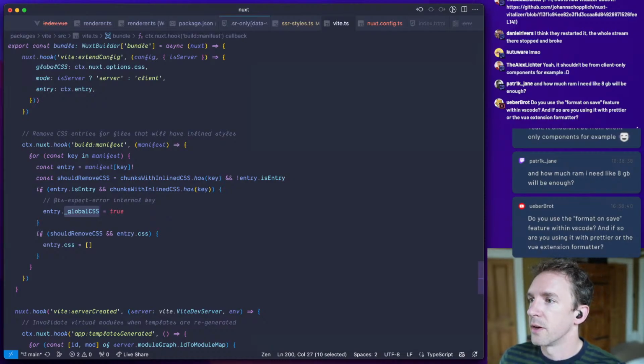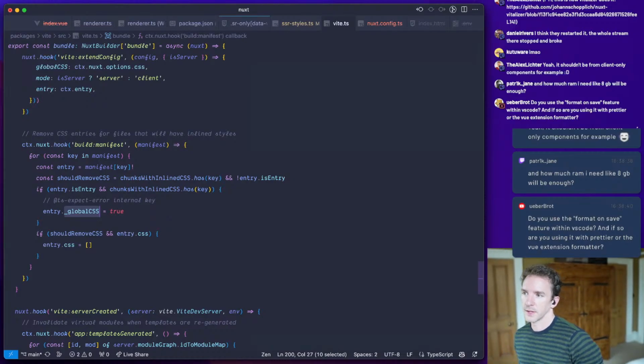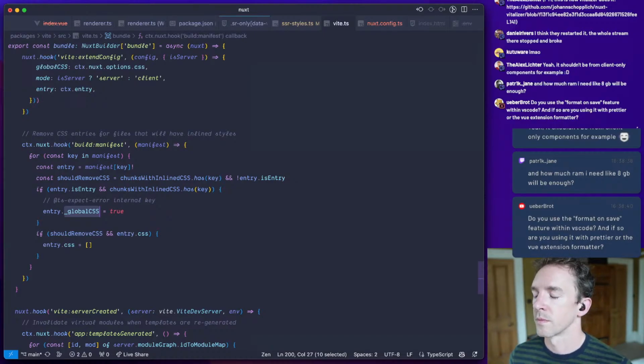So this doesn't actually handle the removing of the CSS. But it could, right? Let's try it.